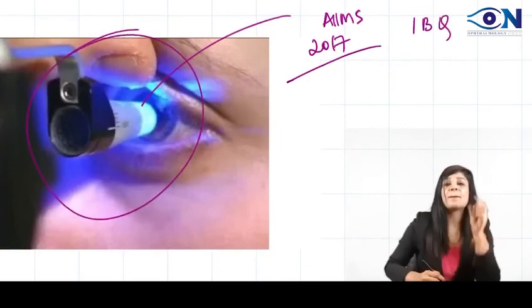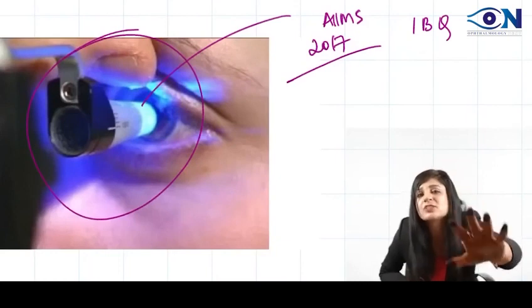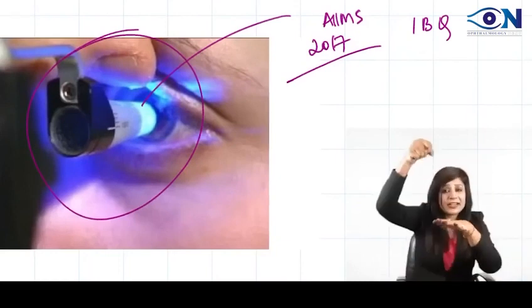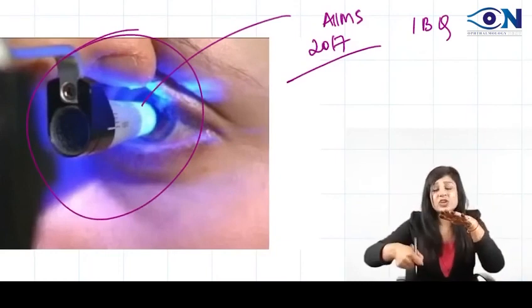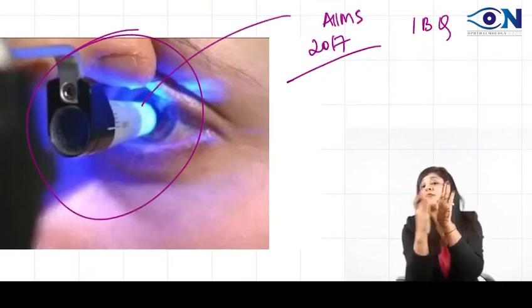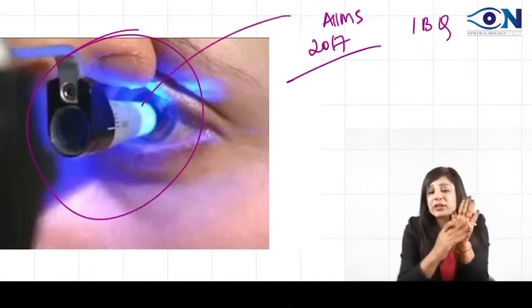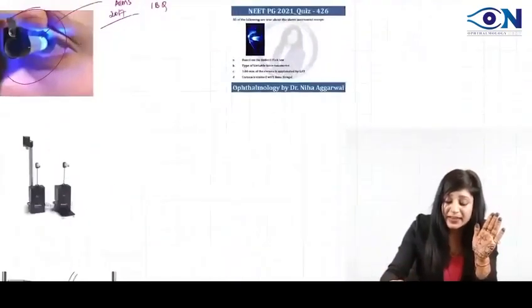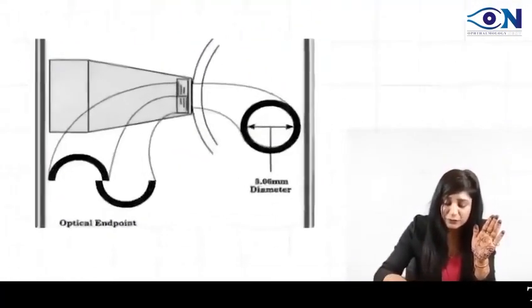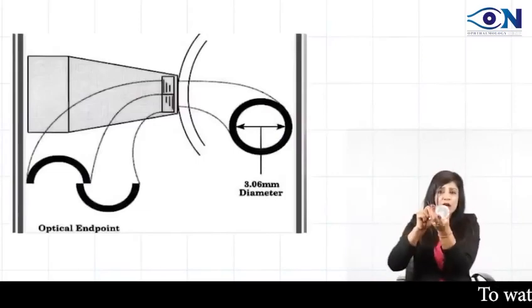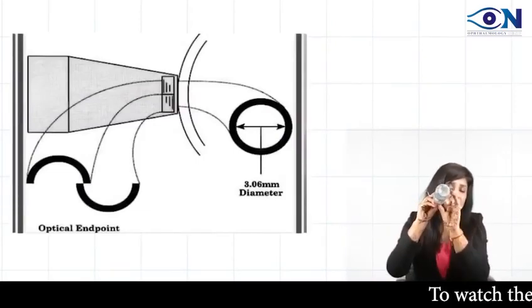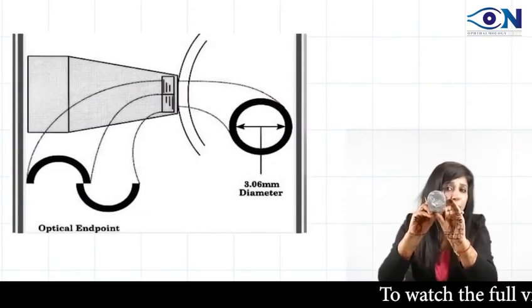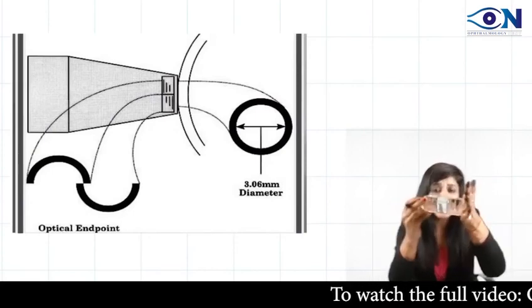What you can see is the probe. This probe is going and causing flattening of the cornea. The one that indents is indentation, and the one that is just flattening the cornea is the applanation one. Now, in applanation there are certain things you have to remember. This is the probe of the Goldmann applanation tonometer. It is going and flattening the cornea.